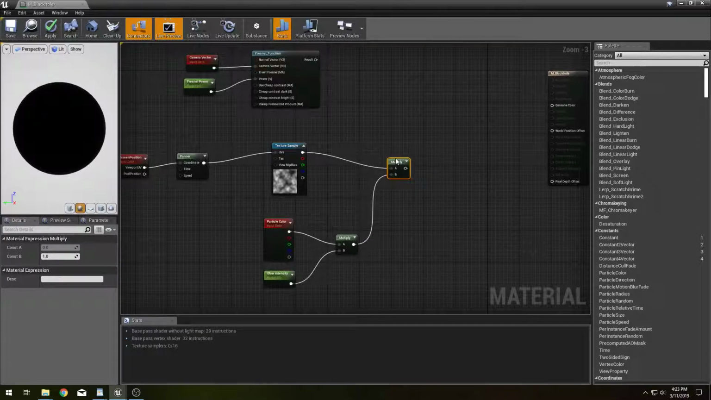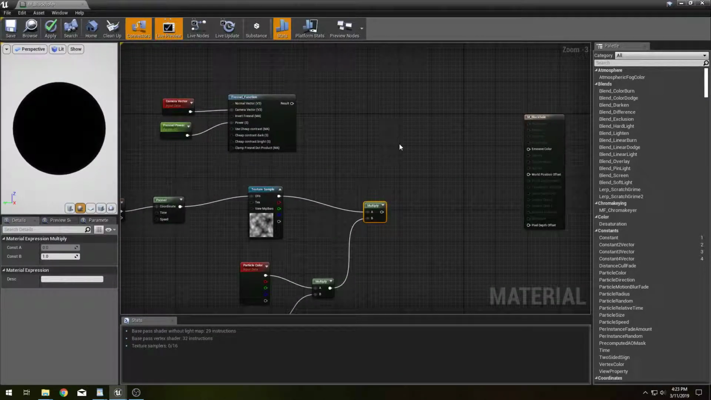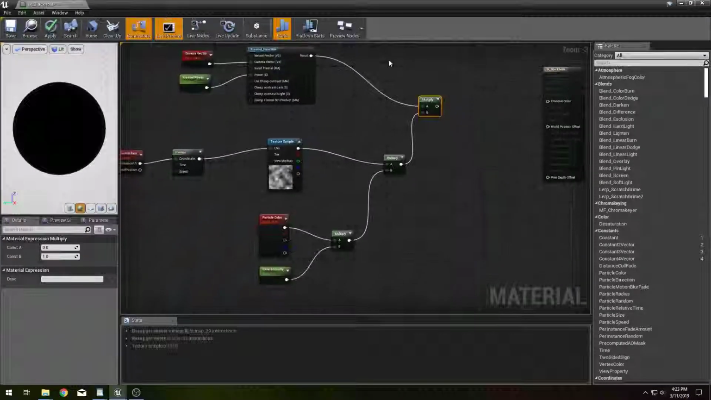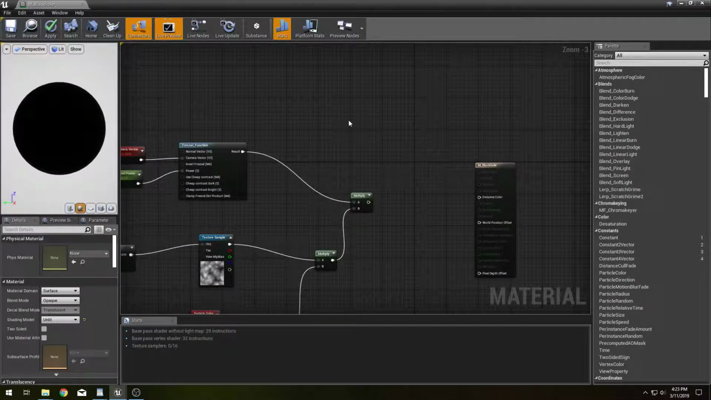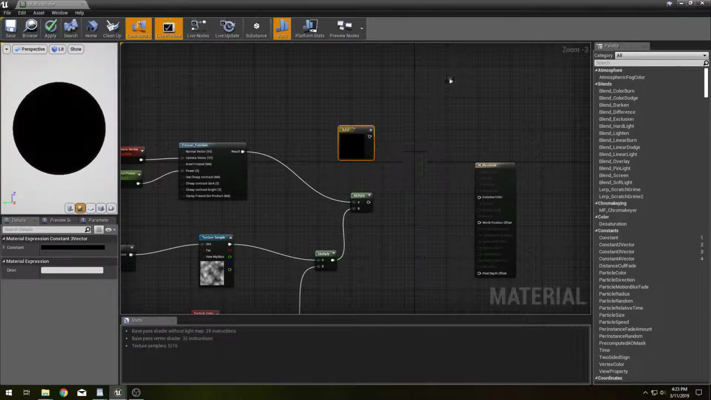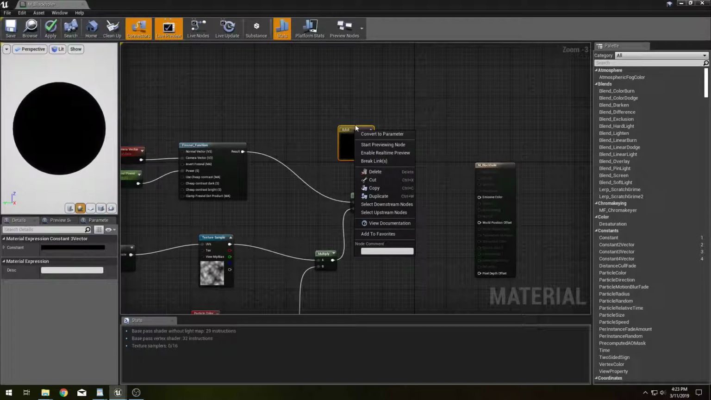There we go. And then we're going to multiply this together. I'm going to hold down M and just left click. I'm going to multiply that together. There we go. And we also need a black hole color. So I'm going to hold down the 3 key and get a 3 vector. And we're going to right click on this and convert to